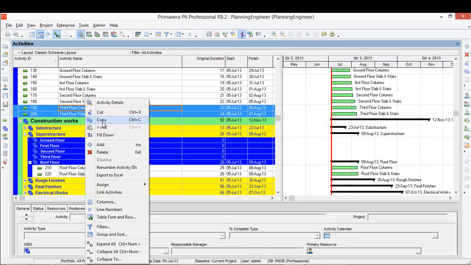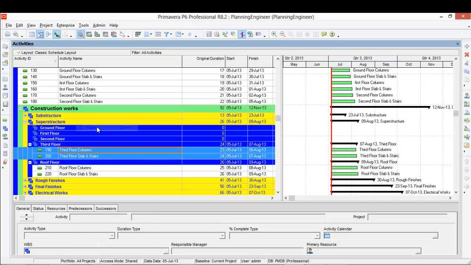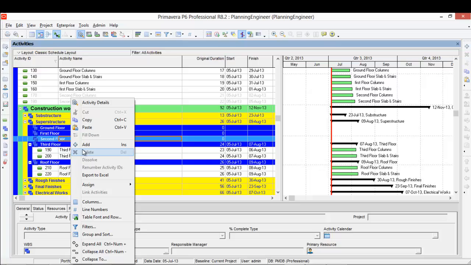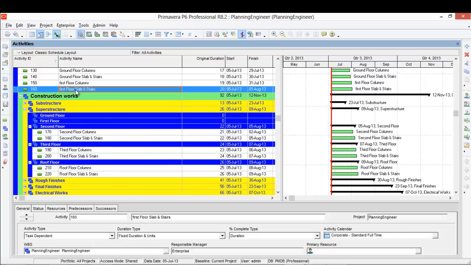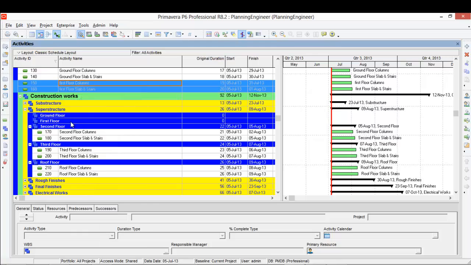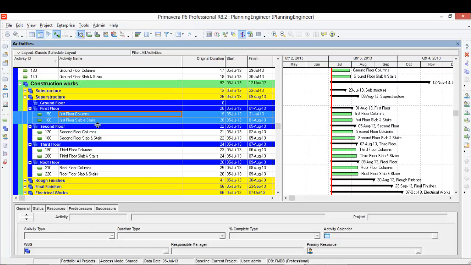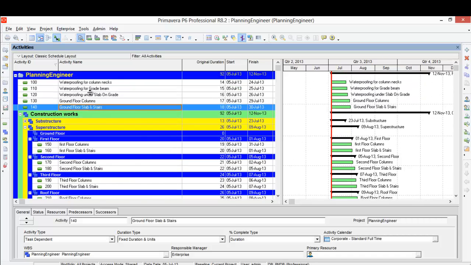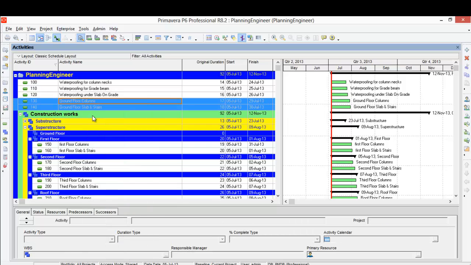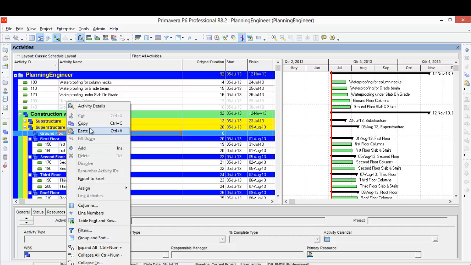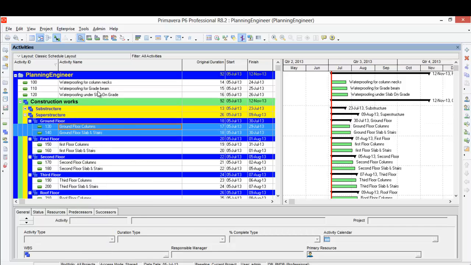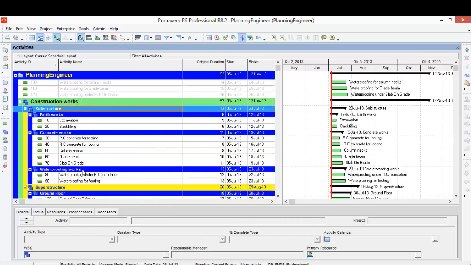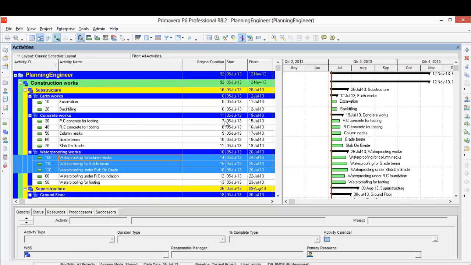Third floor, cut and paste it. Third floor, this is second floor, we cut and paste it here in the second floor, and first floor as well. And we have here the ground floor, and all the waterproofing remaining is under the waterproofing. And now we finished.